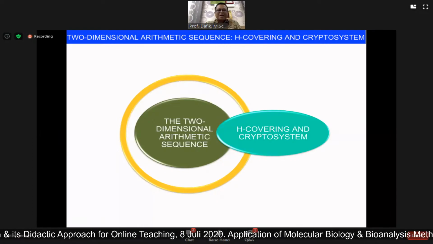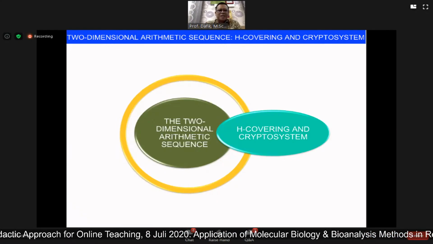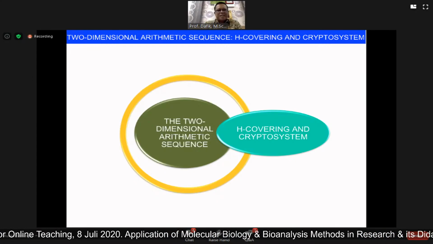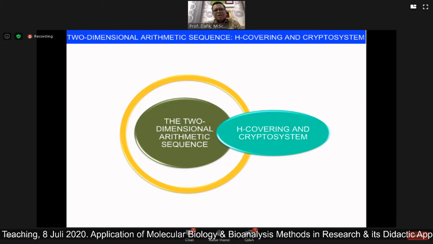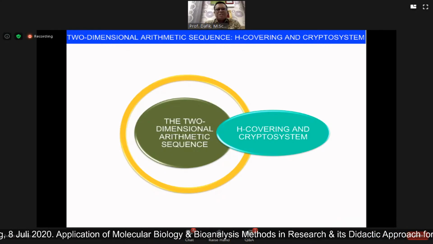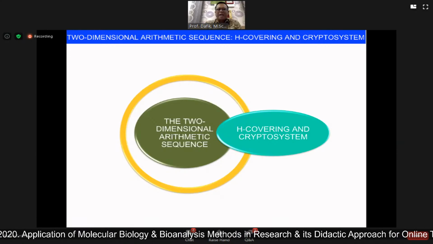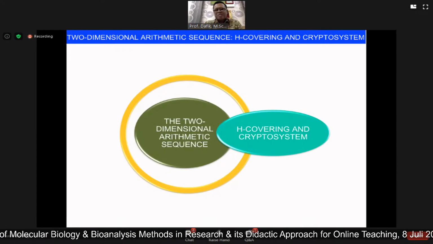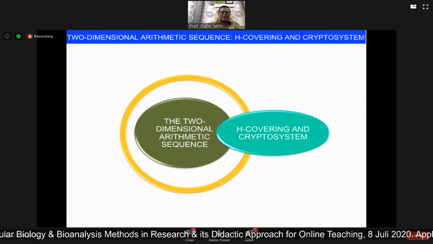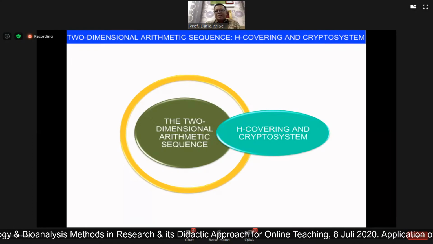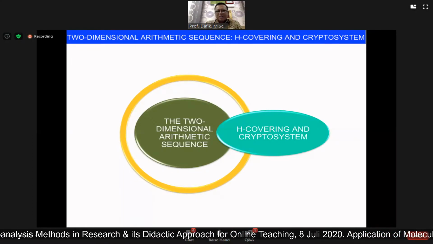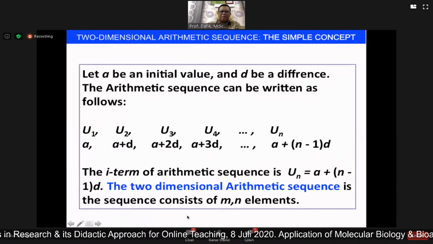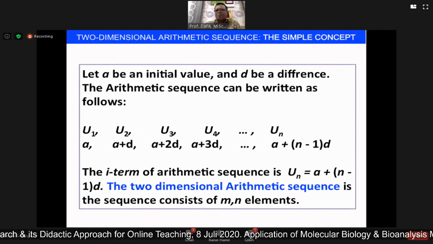I also ask my colleagues, don't teach everything to them, because everything can be learned individually by a student, but teach them until they can find the state of the art, until they can do research about that topic. So, for example, I try to teach something very, very simple. I'm a mathematician. Start from the simple one,